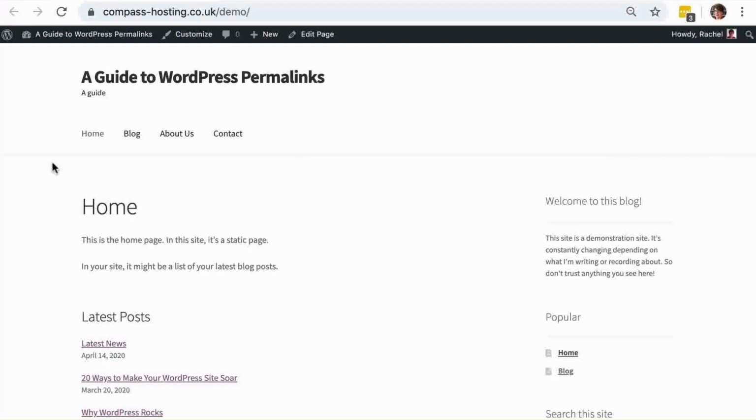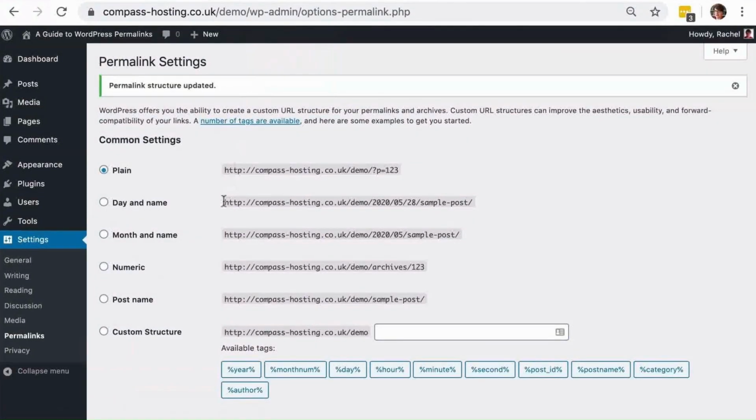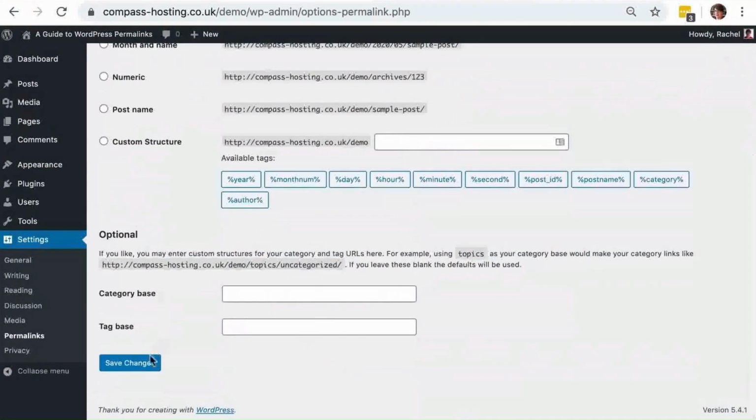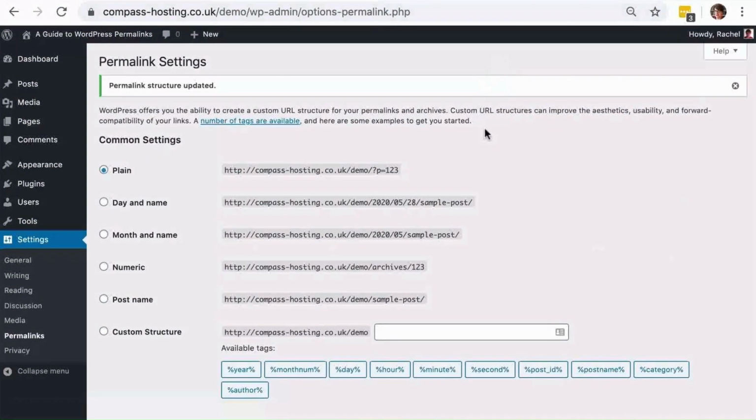I'm going to show you how to configure the permalink settings in your WordPress site so that you get pretty permalinks that are good for SEO and user experience. To configure the permalink settings in WordPress, you go to Settings and then Permalinks in your admin screens. Depending on how your WordPress site has been set up and installed, you might find that the default is plain, which looks like this. And this p=123 at the end is actually a query string. This is exactly the code that's run when the database is queried to get a post with this ID of 123. So if I save that as the setting for my